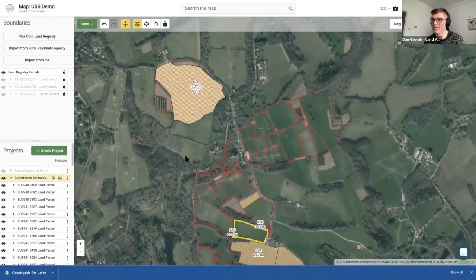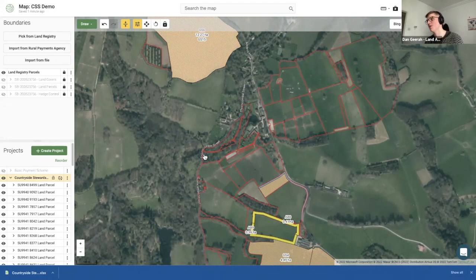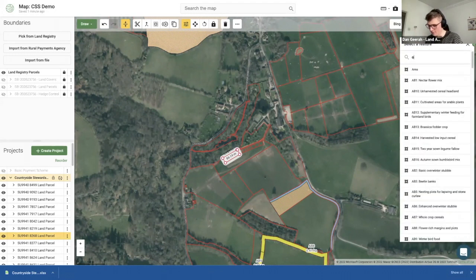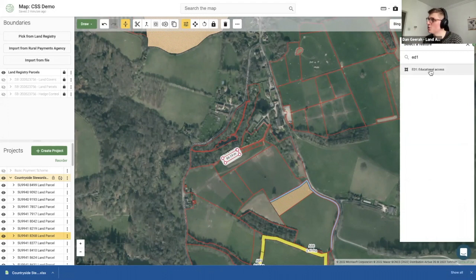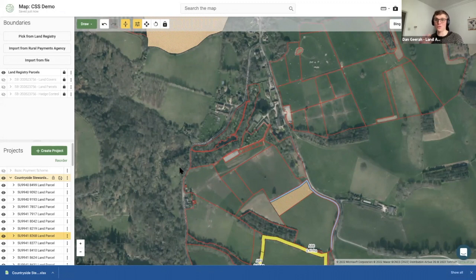One key option that I haven't added to my map, and I'll come on to the report in a minute, is my educational access. So as mentioned by the team at Country Trust, the educational access isn't actually an area payment. What it is instead is just an application that you retrospectively claim for. But what you do want to do on your Land app map is just make sure you have one feature, and it can be whatever feature on the map, but you want one feature to be assigned that ED1 code. So for example, I'm just choosing this little block of areas, choose your ED1 option, and then when you download it for your table view, you will have a line called ED1